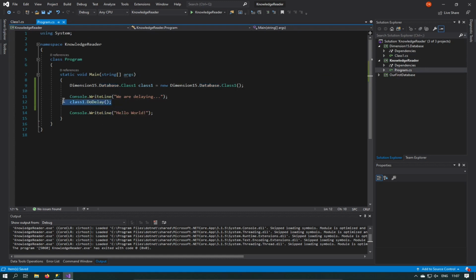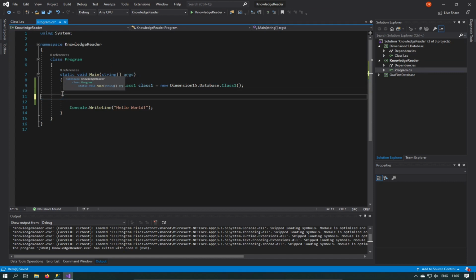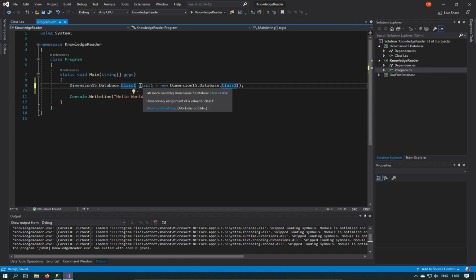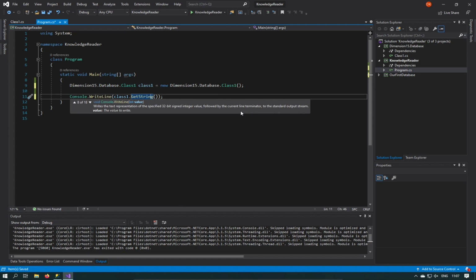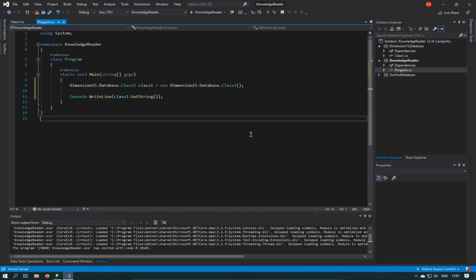So let's get rid of this delay that we called here. But we still created an instance of the class, class 1. So what we want to do is write line the results of calling class 1 dot GetString. So if we run it now again,